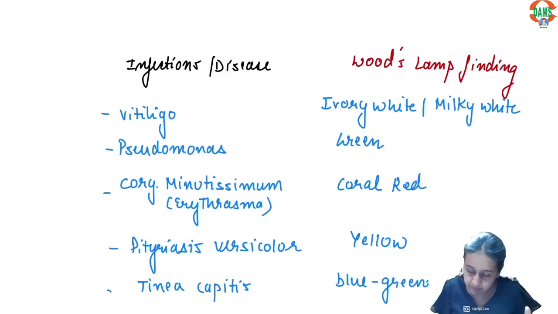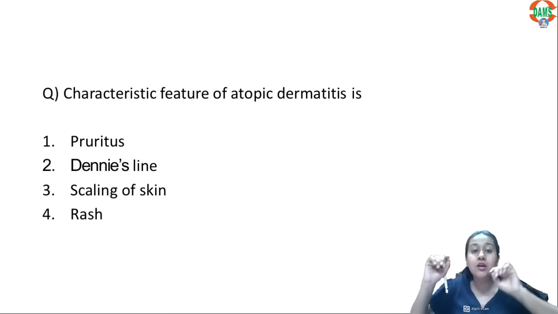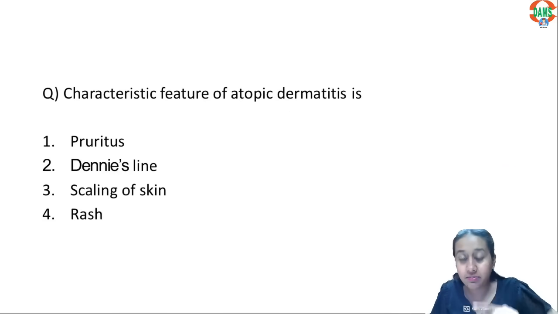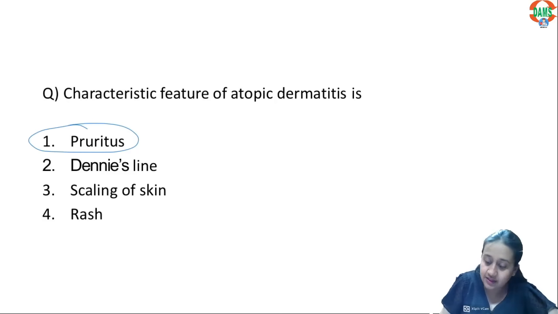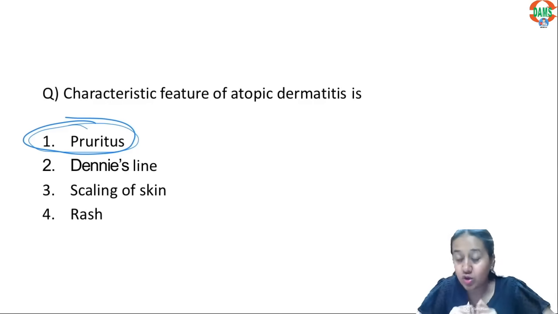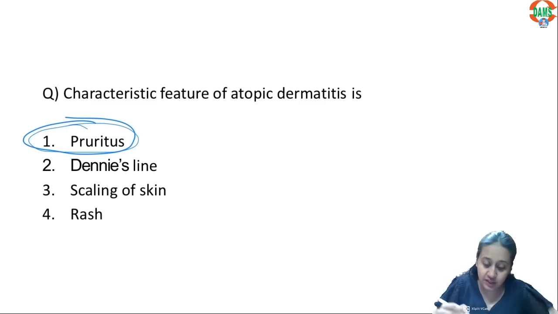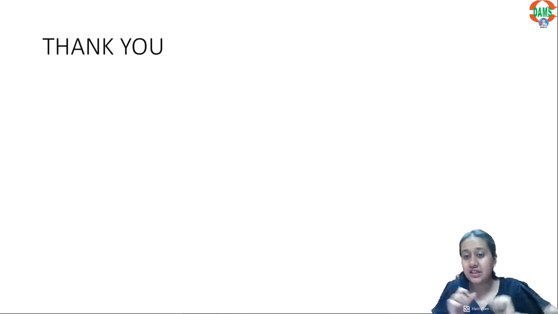Now coming to the next part, the last question, the characteristic feature of atopic dermatitis. Please remember, for labeling a patient to be a patient of atopic dermatitis, the must thing is presence of itching. Pruritus is must. If pruritus is not present, if itching is not present, you can clearly rule out the diagnosis of atopic dermatitis. So the answer here is option number 1. And with this, we are done with the questions of